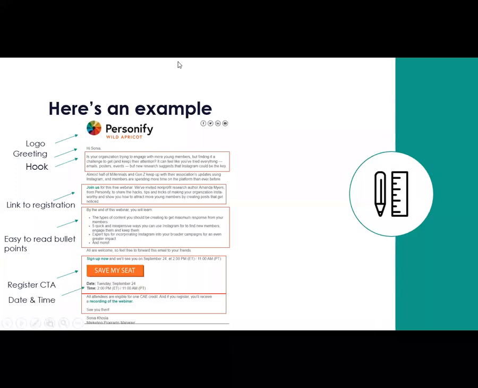And as you can see, for date and time, I bolded the titles. And then I also included the 2 different time zones that we are most likely to get. So that way people don't have to do any calculations. They know both time zones that it's available in.